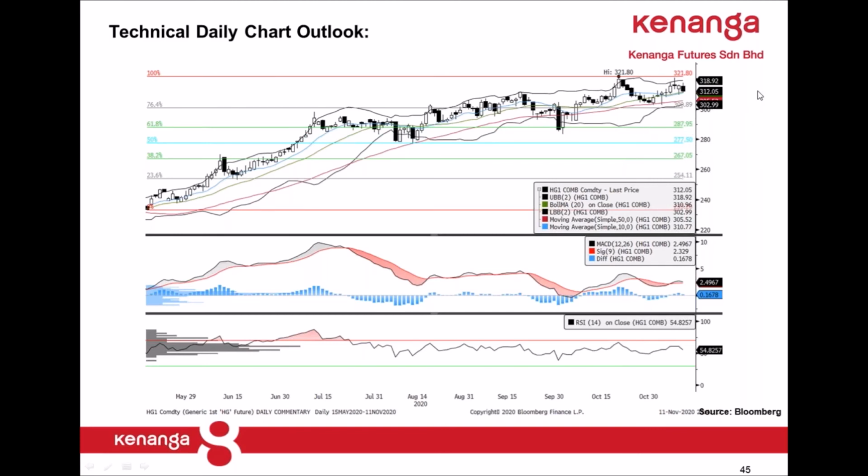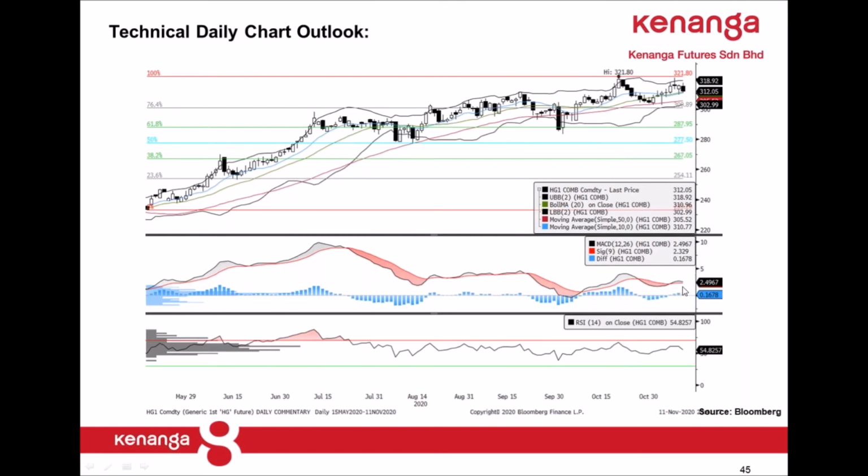Okay, but in terms of technical indicators, RSI is still not yet in the overbought zone. So in that sense, it could still be in an uptrend. Having said that, the MACD is above the zero line, which is bullish, and is also still issuing a buy signal. Even if it issues a sell signal, it will still be in the positive zone, so it will not be a bearish market yet, even with a sell signal.